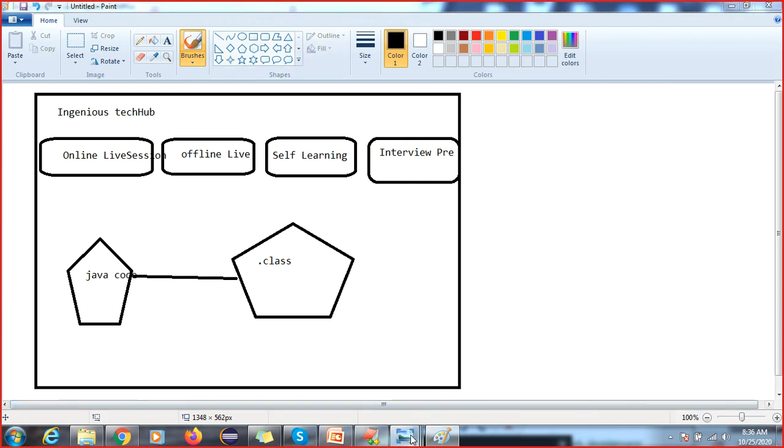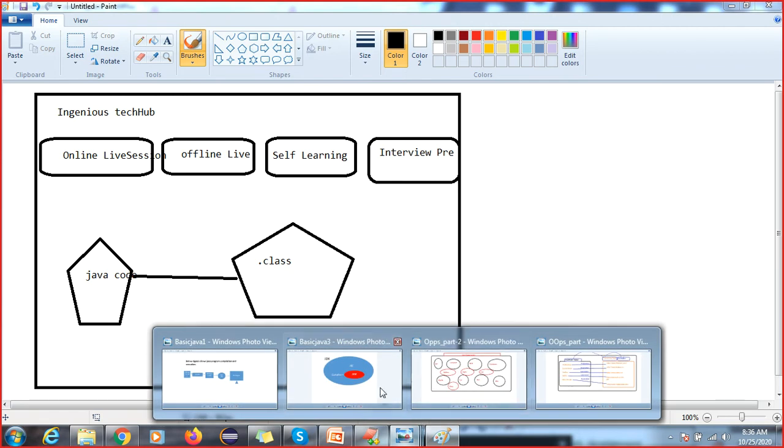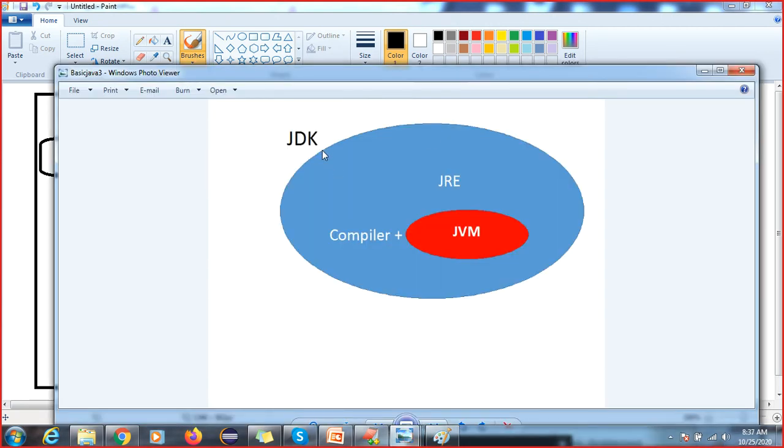I have shown you before: in the JDK, we have a JRE. Inside this, we have a compiler and JVM. What is the job of JRE? I will tell you later. So here compilation is done, and we have to understand that it will interact our code with the Java Virtual Machine.